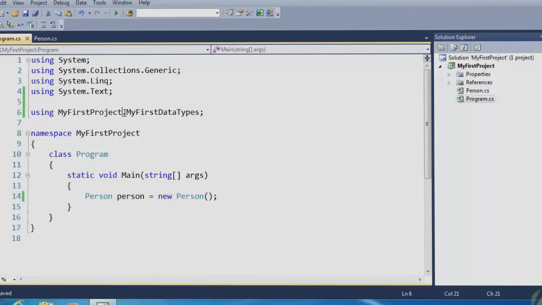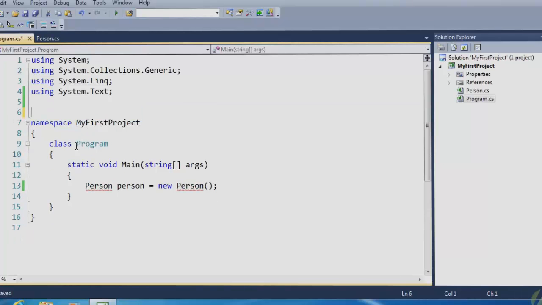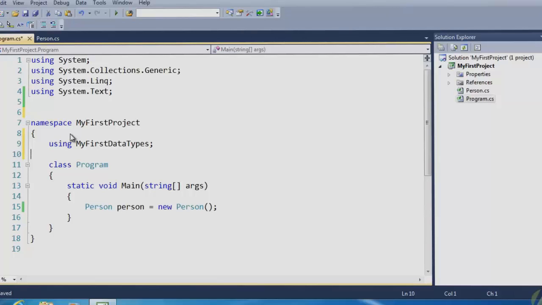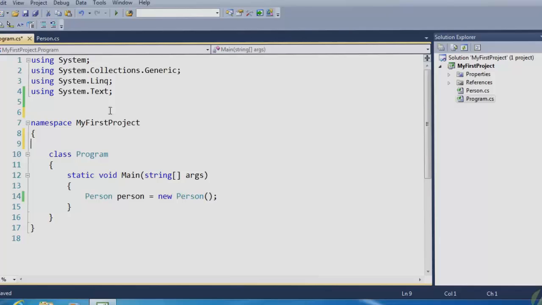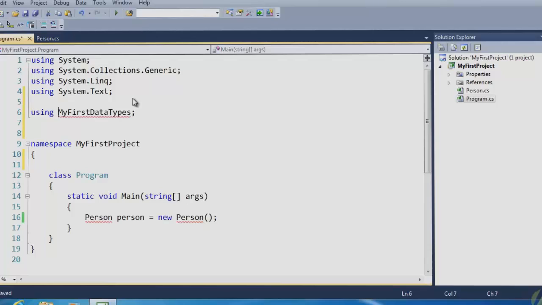Now there's another way that we can do this. Instead of putting using MyFirstProject.MyFirstDataTypes at the top, we can get rid of the My First Project part and stick it inside of the namespace. Then anything within this block of code will use this using statement, and of course, outside of this block, that is no longer valid, so we would have to specify that again. The majority of the time, whenever you use a using statement, it's going to be at the top of the file, because that way it is used with all of the code regardless of how many namespace blocks you have. So let's add My First Project,